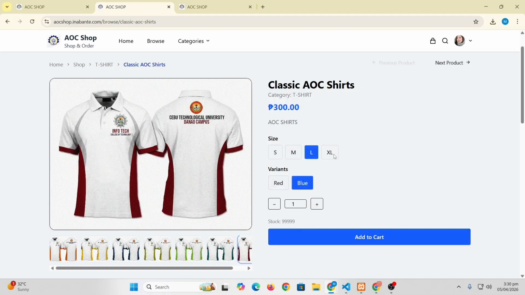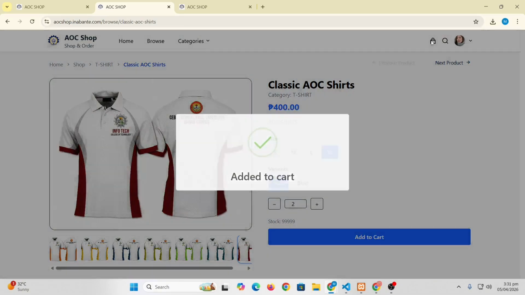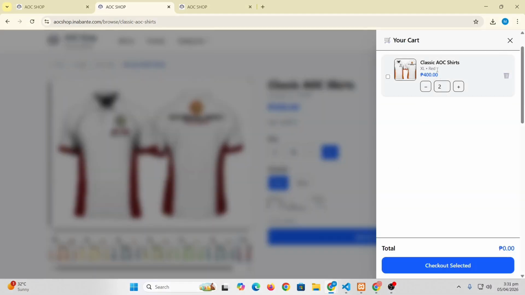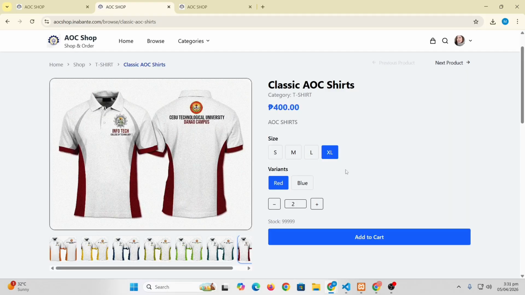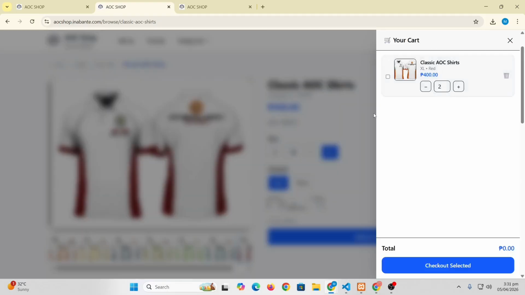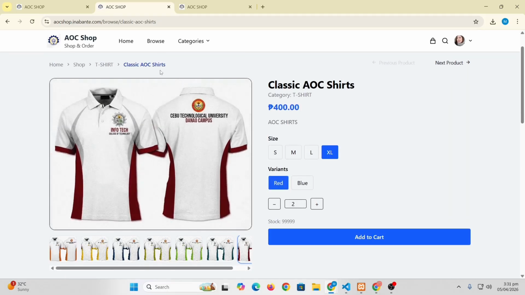But if we click the XL, the base price must change to 400. As you can see, it is 400. If you want two of XL red, in our cart the price is 400 each. So much for that.